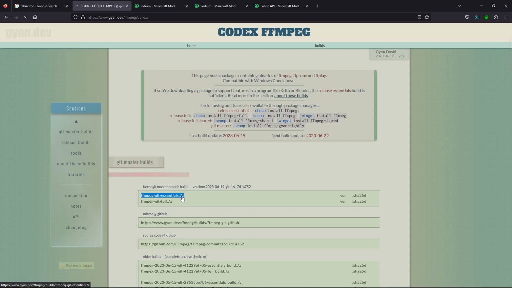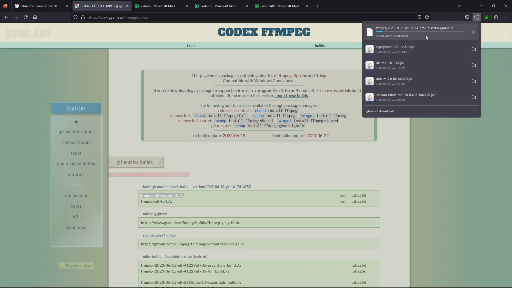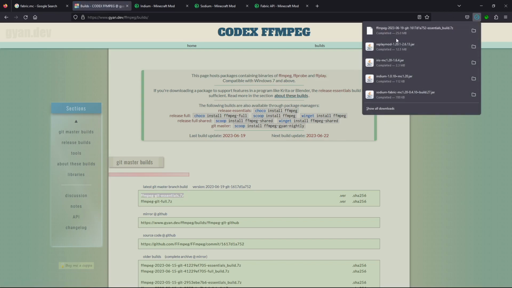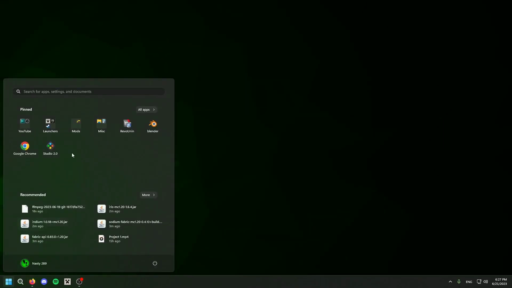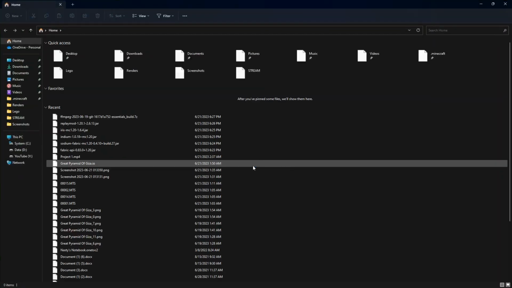ffmpeg-git-essentials.7z. Click on that, and it will automatically download a file which will allow us to render the videos that we've created in the replay mode and actually have them be videos. Okay, now we have everything essential downloaded, so we can just close the browser and open up our Explorer right